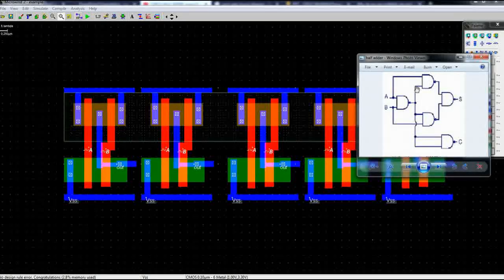Now let's consider that this NAND gate is this one in the layout. So one of its inputs is connected to the primary input A, whereas the other input is connected to the output of the previous gate. So we need to extend this input A of the first gate and connect it to the input of the second gate. So let's connect it.